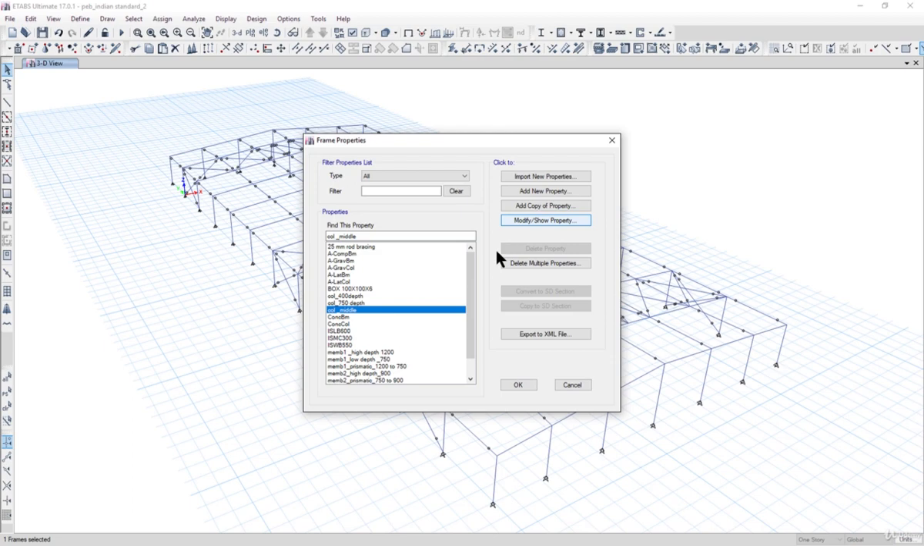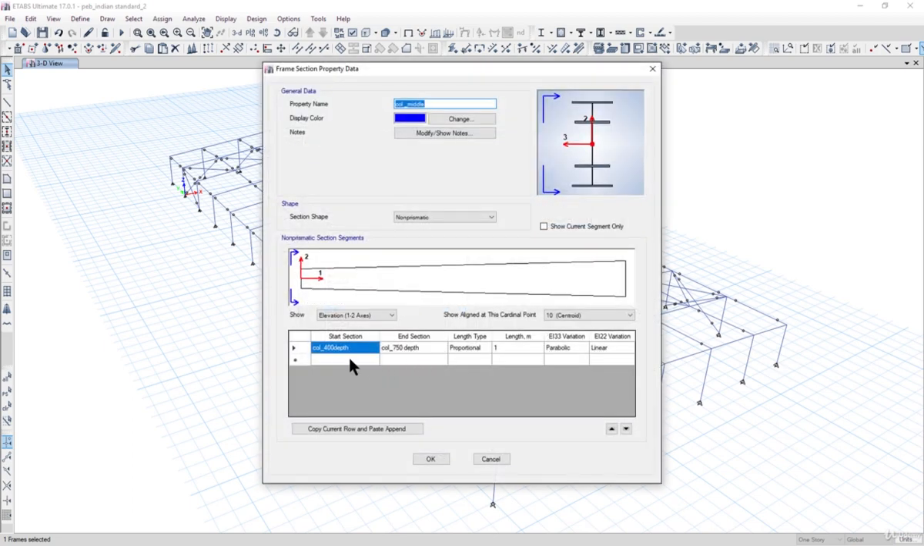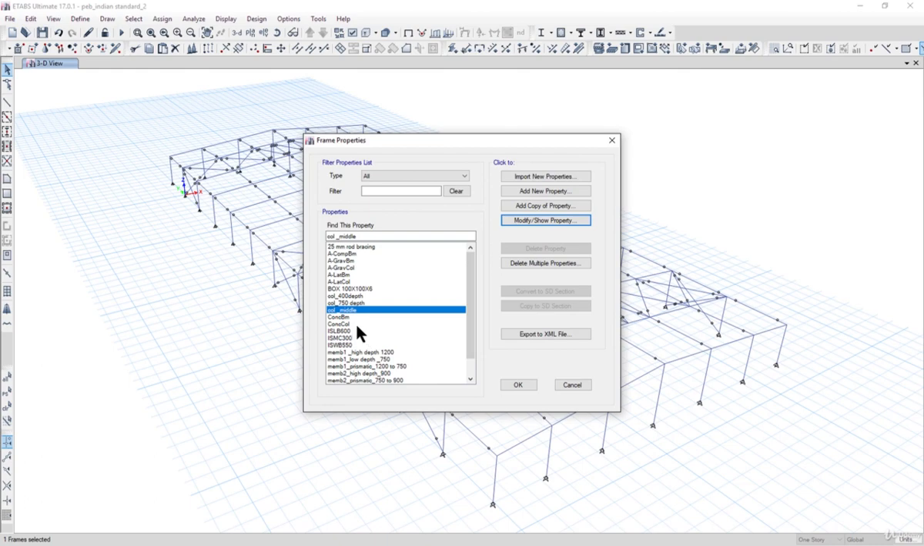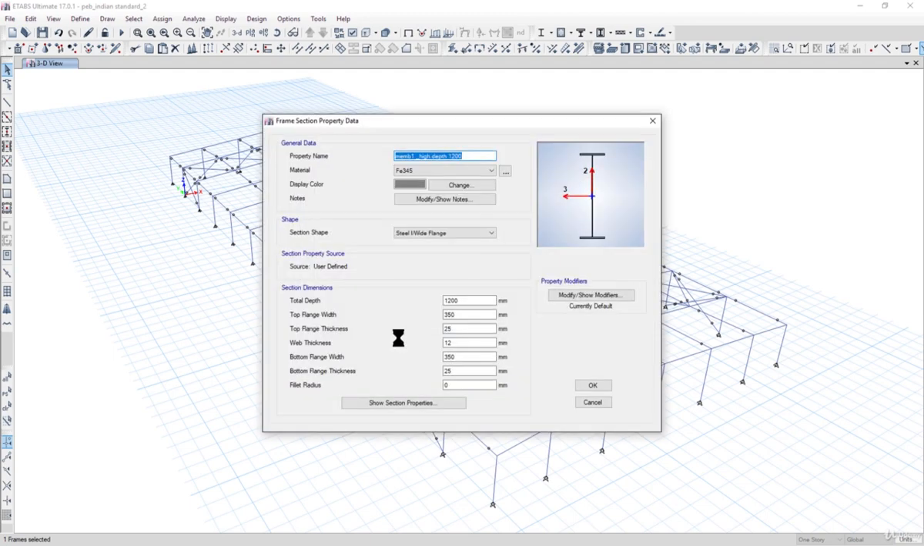If we look here, you will see that it has automatically changed the start section and end section. Initially it was column_300 and column_600, but now it has automatically changed. After that, we need to optimize these sections also. That is, the 1200 depth here can be changed to a total depth of 800 mm. That is, the high depth can be changed to 800 mm,